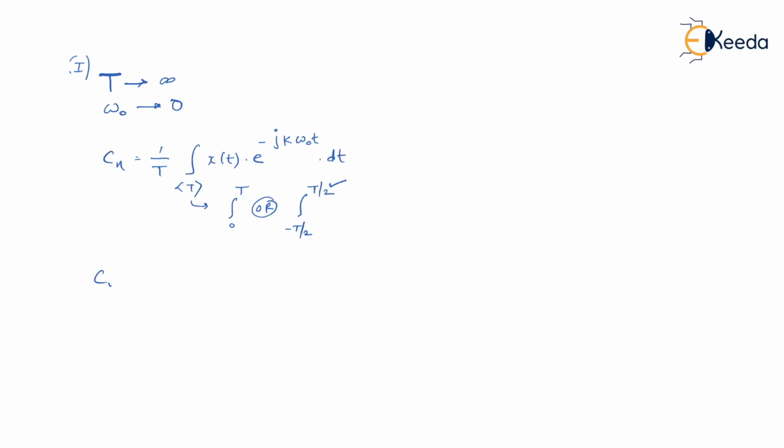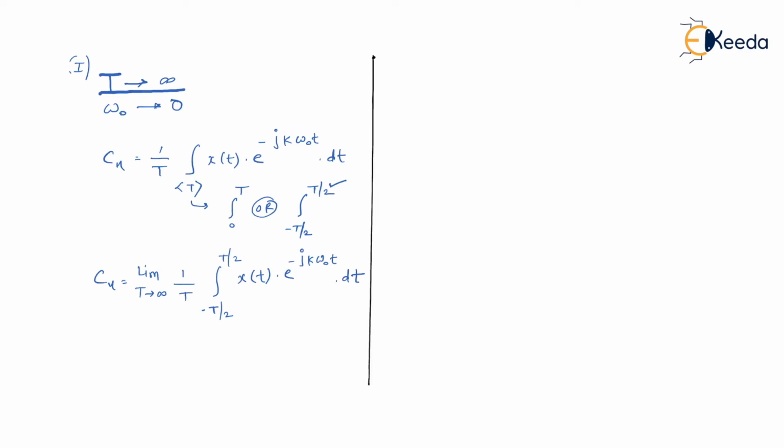So let me substitute over here. Cn is equal to 1 by T, where t is now changing from minus T by 2 to plus T by 2, x of t e to the power minus j k omega naught t dt. Is that right? Since we believe that now T is tending to infinity, I would specify over here the limit T approaching infinity. Now I'm going to shift this T over here. In that case, it becomes